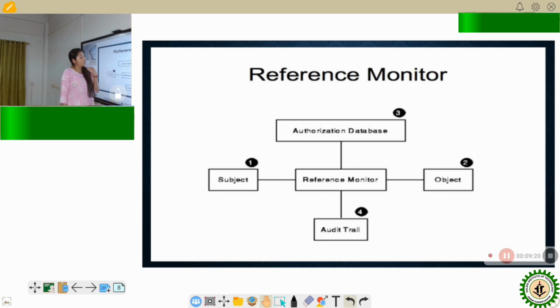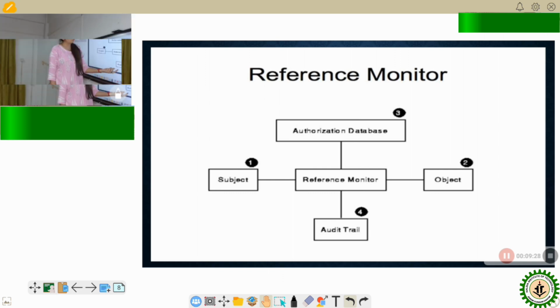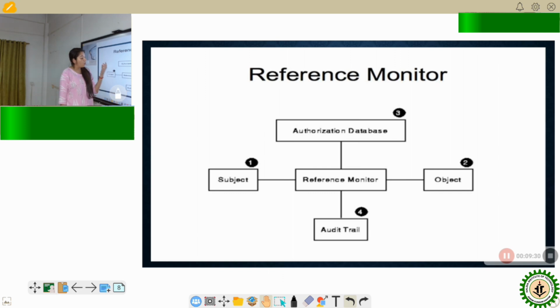A new entity which we see, first let's come to the audit trail. Audit trail is nothing but a logging mechanism which keeps track of which subject or person accessed which object or resource and what was the nature of that access.